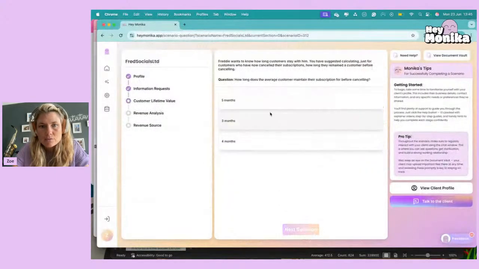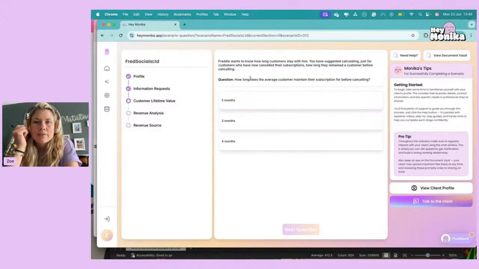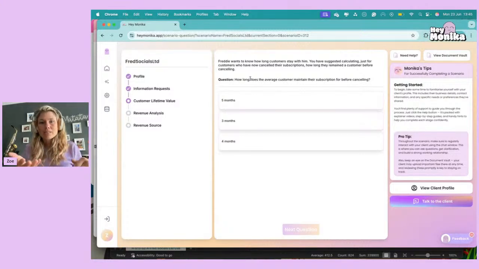Great, let's move on. Now, Freddie wants to know how long his customers stay with him. You have suggested calculating, just for customers who've now cancelled their subscription, how long they remained a customer before cancelling. Okay,